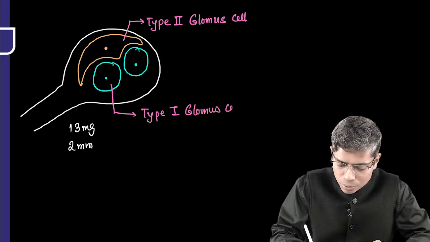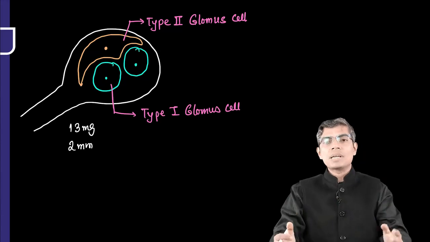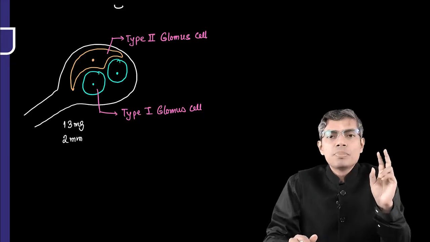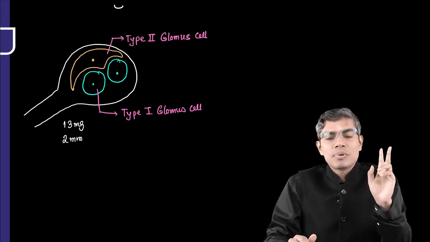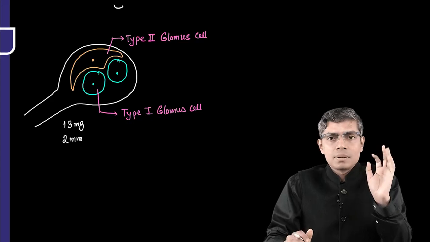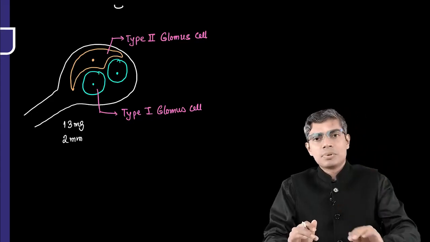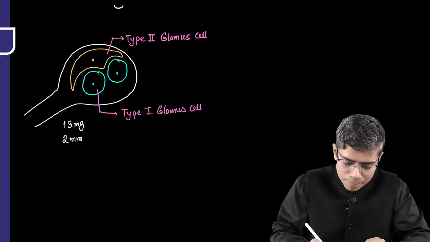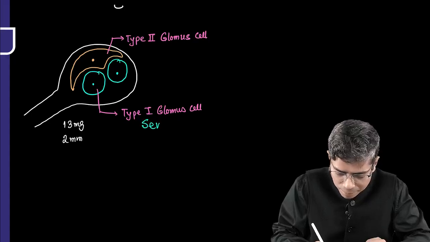So the carotid body or aortic body is a small tissue within which two main types of cells are there, type 1 and type 2 glomus cell. Between these, type 1 glomus cell is the main sensor cell